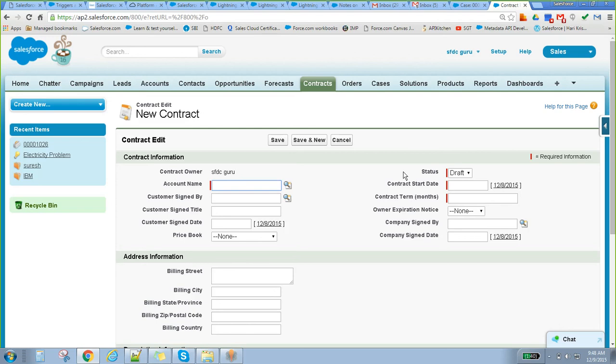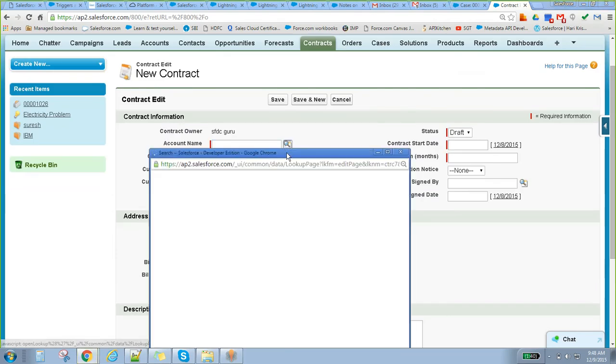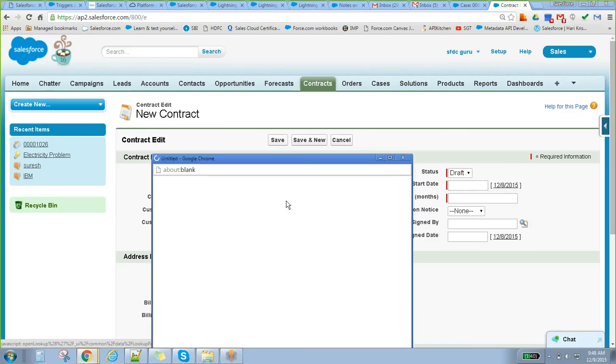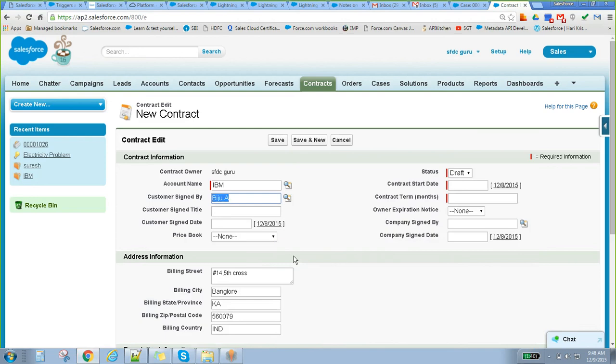Contract means, okay, account name is IBM, and how many years. It's like a kind of warranty or something. Customer signed by, so contract for 2 years, something like that.